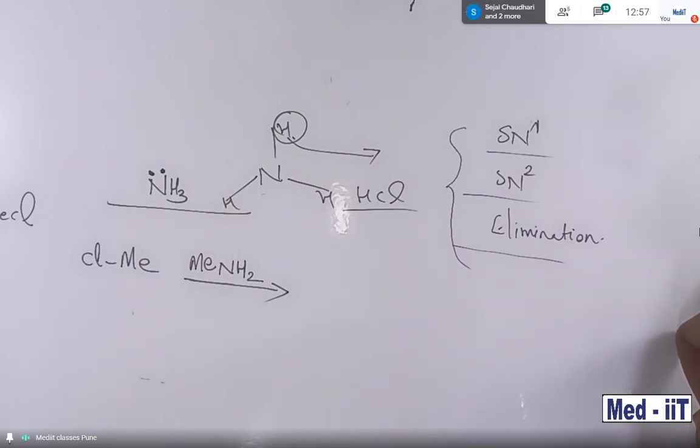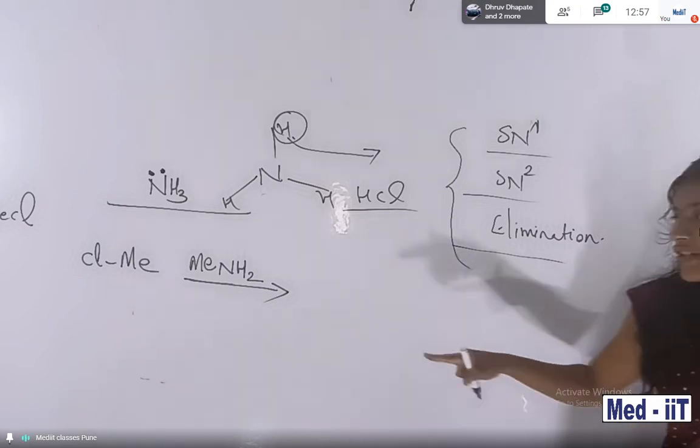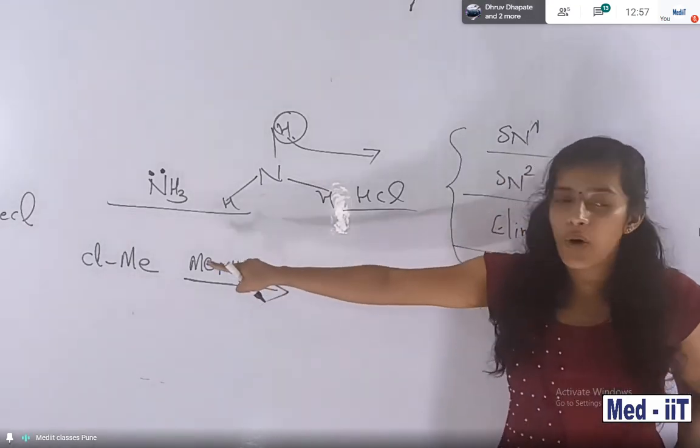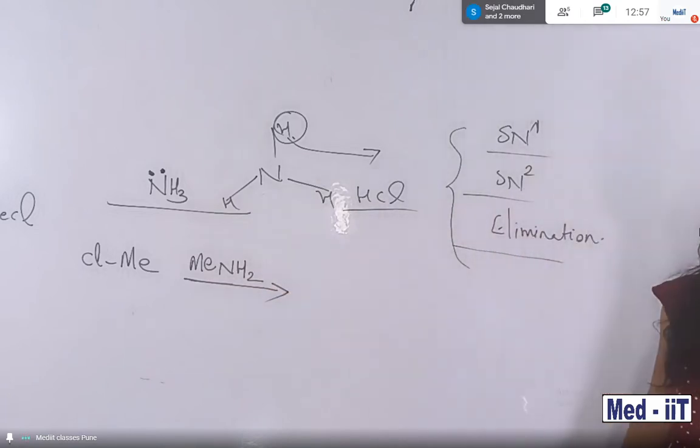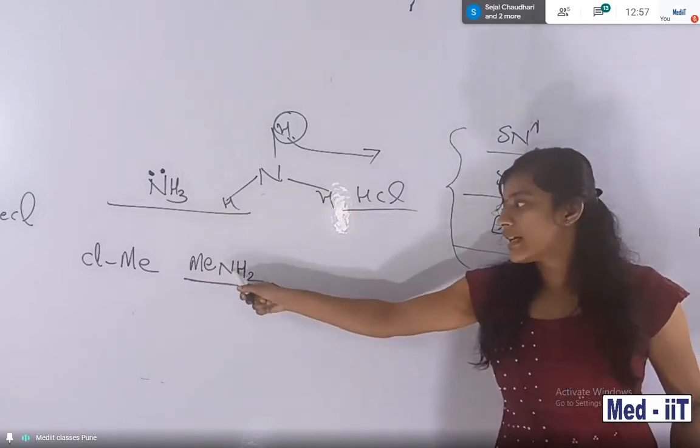Here the leaving group is chlorine. That chlorine becomes removed. So Me plus is there, right? So into that MeNH2 is there. So chlorine will bond with one hydrogen. As a result, here becomes